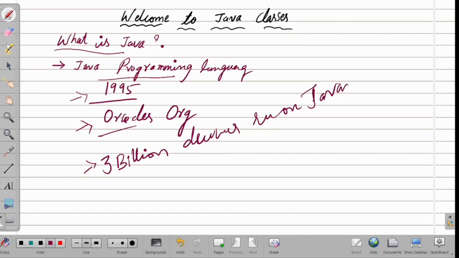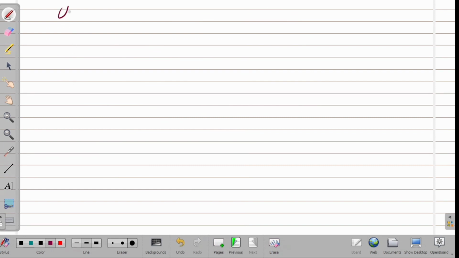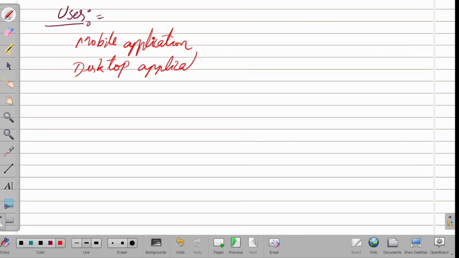Then what are the uses of Java? There are so many uses. Some of them are mobile applications, desktop applications, web applications, games, and database connections, and much more.